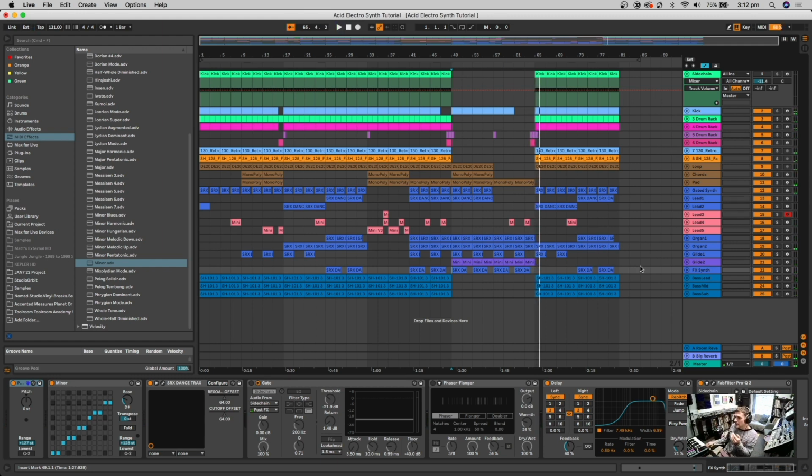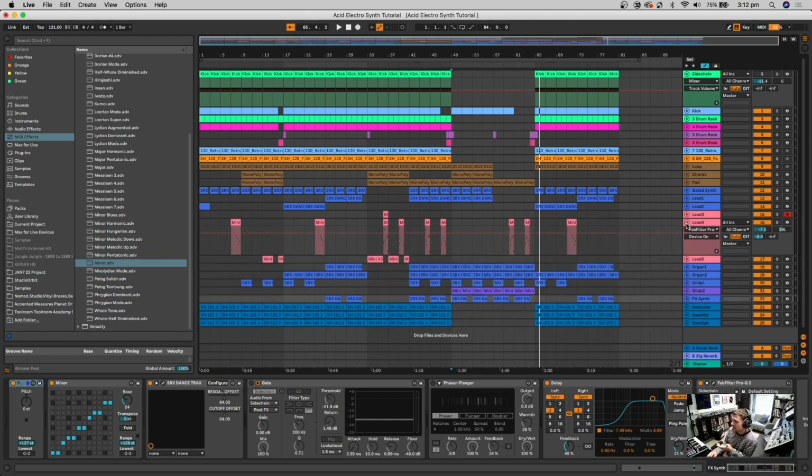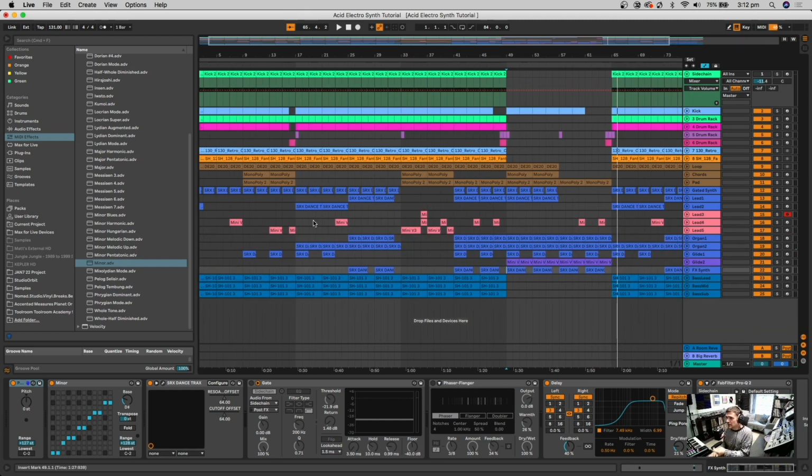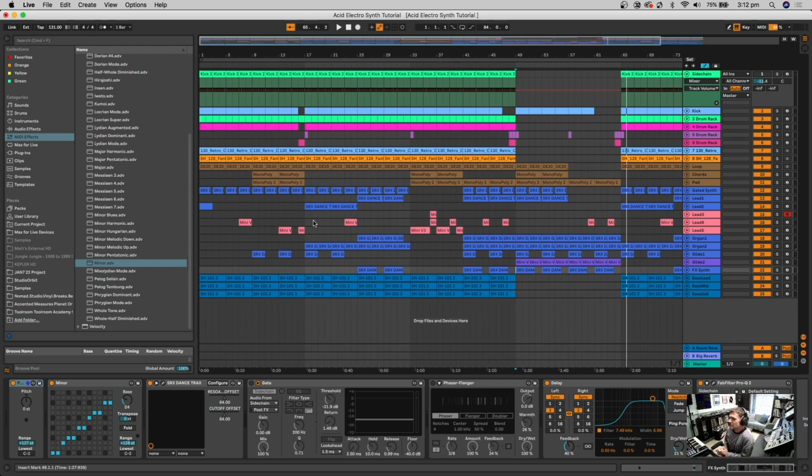So it looks complicated when you're looking at the project and when you listen, but when you break it down, it really isn't that difficult. You've got lots of different layers, but as long as they've all got their own place in the groove and they're playing within a certain key, and you've got some interesting melodies, there's no real secret. There's no magic to it. It just is a case of building things up element by element and then arranging them and just changing things as you go. So looking at the different sections, if I was to just solo only the synths,